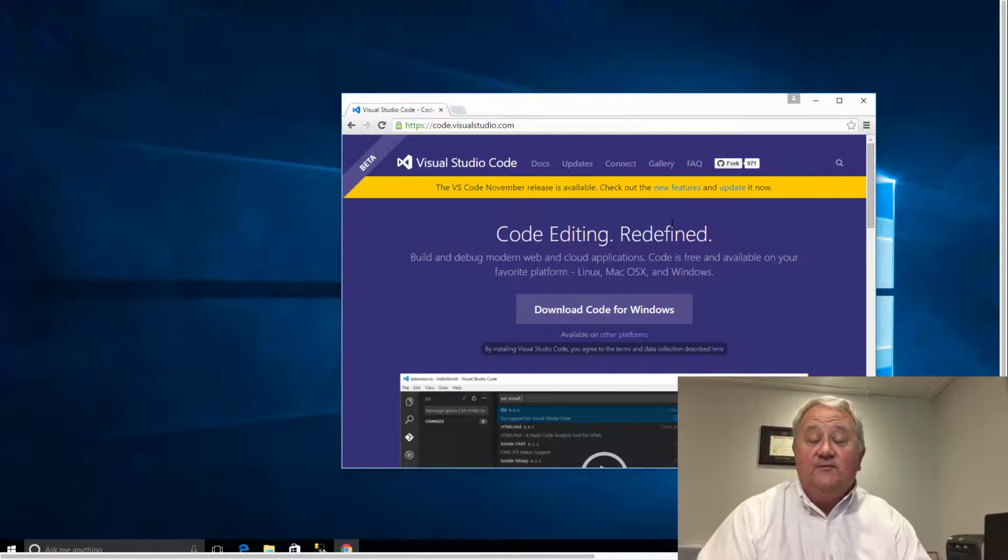Okay, in this video we're going to download and install Microsoft Visual Studio Code, which is the newest code editor from Microsoft. So it's a much lighter weight program than a full-blown IDE. It's simply a code editor. It does include some debugging features as well, but in this video we'll go ahead and download and install the